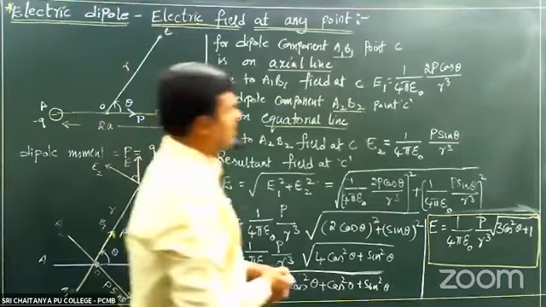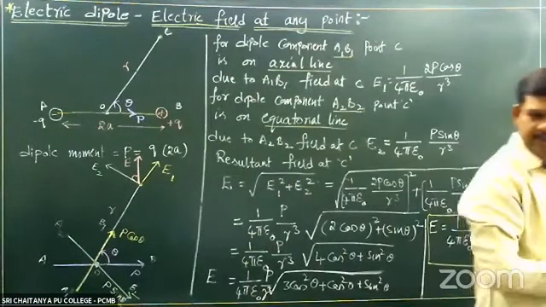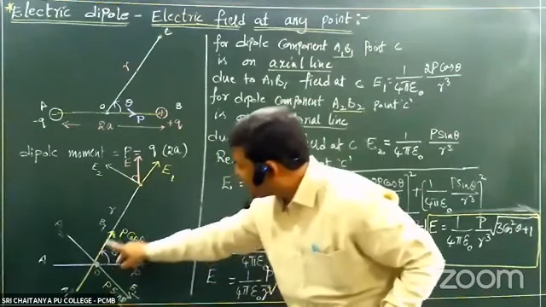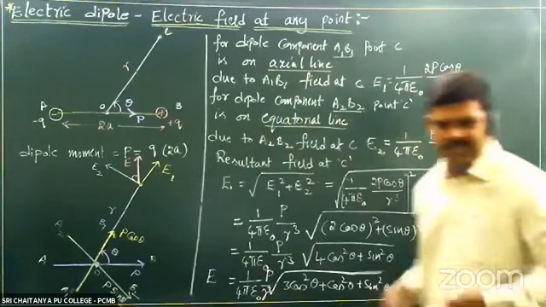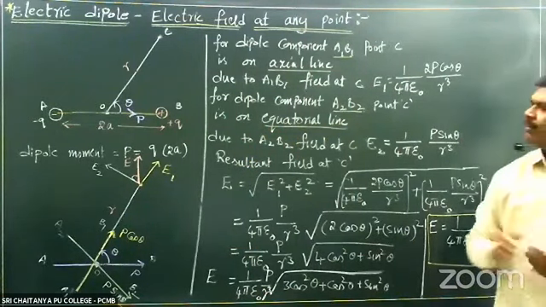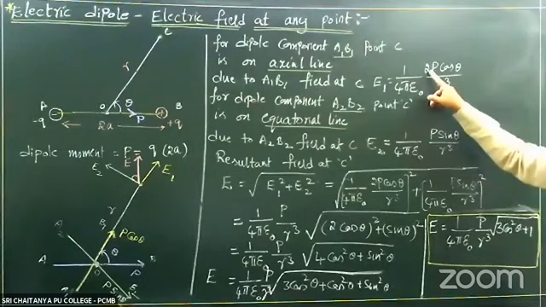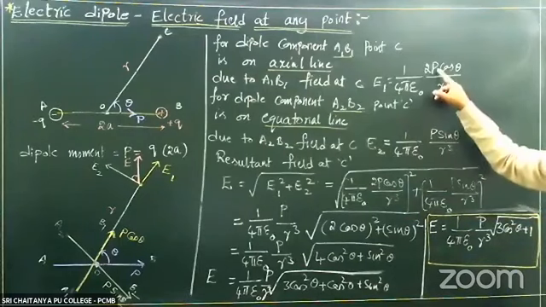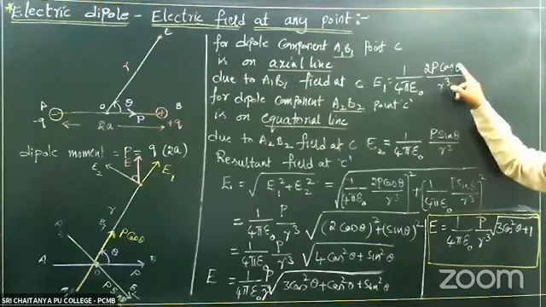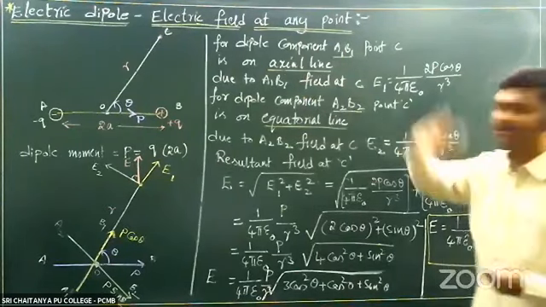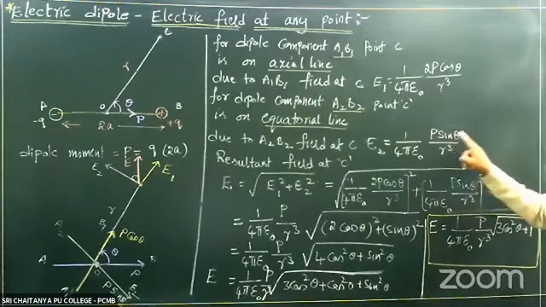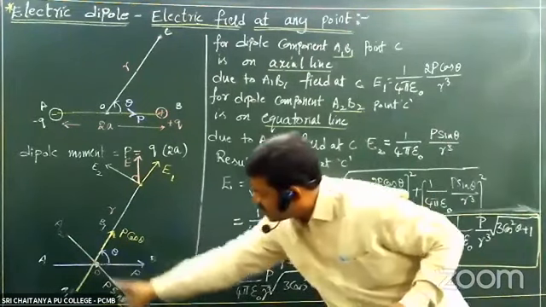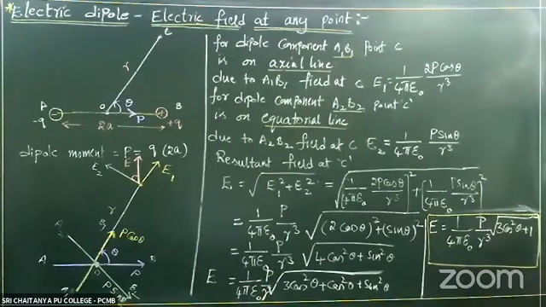Okay. Somebody asking why this is 2p cos theta, sir. Why is 2? This point comes on axial line of this. From our previous knowledge, we know on the axial line, intensity is 1 by 4 pi epsilon naught 2 dipole moment by r cube. For that, dipole moment is p cos theta. So 2p cos theta by r cube because it is on axial line. Equatorial line, see, dipole moment by r cube, P sin theta by r cube. Due to this, right? Come on, note down.